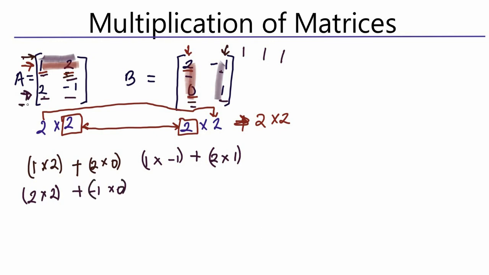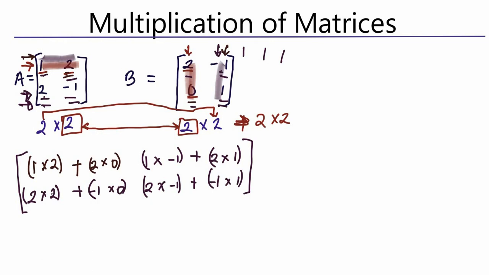Then again, we do the same row, that is the second row, times now the second column, so that we have 2, so 2 multiplied by minus 1, so 2 times minus 1. Then we add this to minus 1 multiplied by 1, so we have minus 1 multiplied by 1. So if you can solve this,